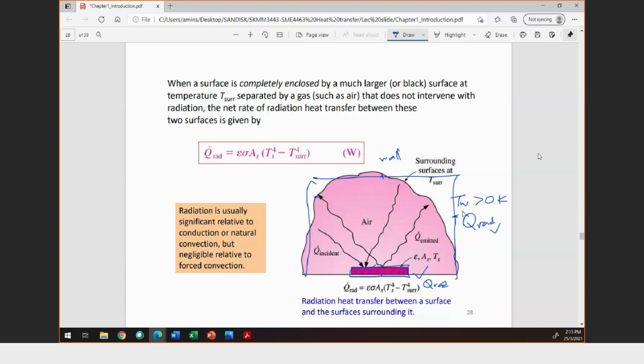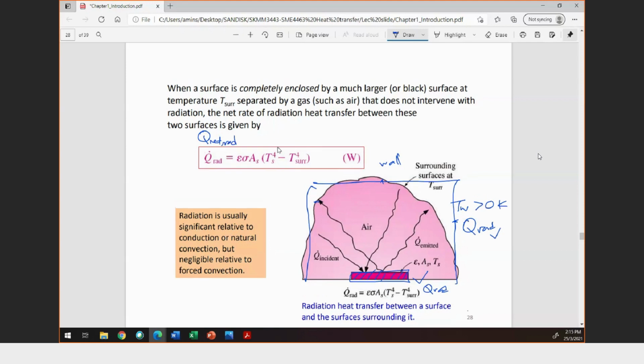This equation originally comes from the Q net of radiation, which equals emissivity times Stefan-Boltzmann constant times A surface times Ts to the power of 4, minus emissivity times Stefan-Boltzmann constant times A surface times T for the surrounding. This means these are the heat that